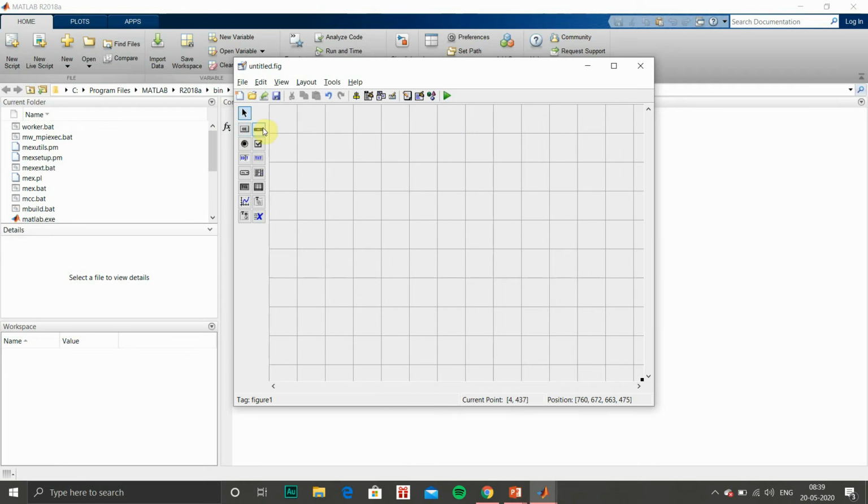In this we can place push buttons depending upon the requirement, and we can put our text boxes, just drag and drop.